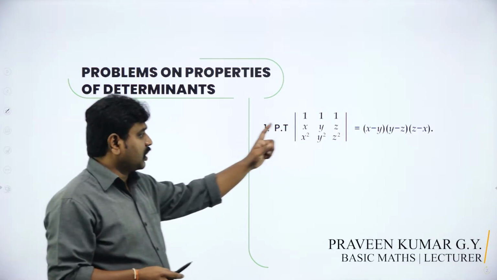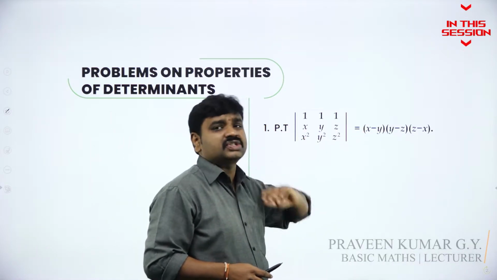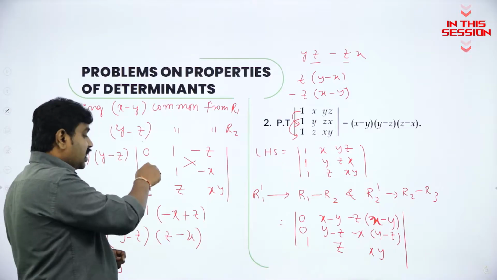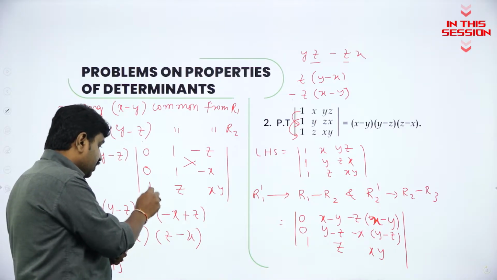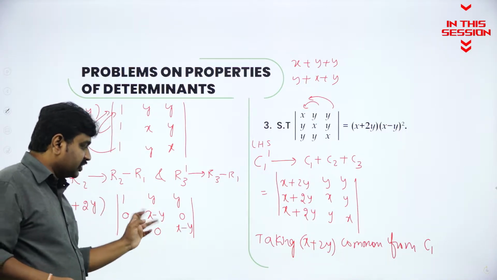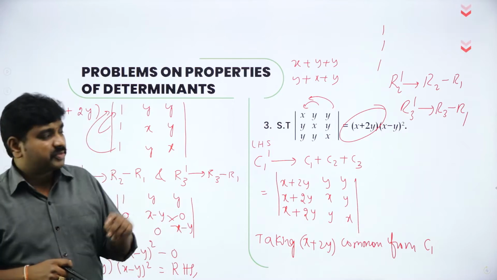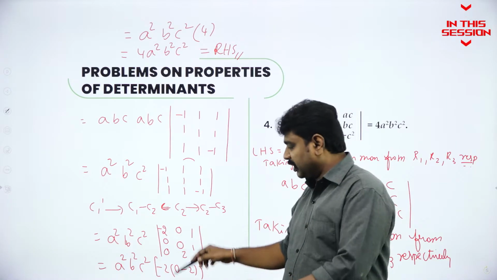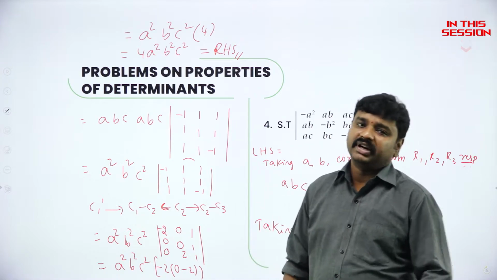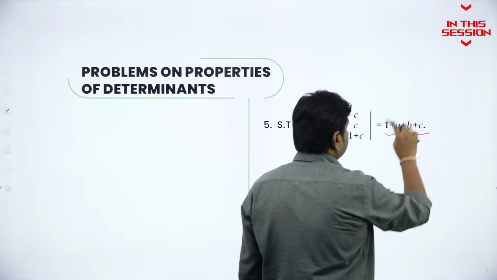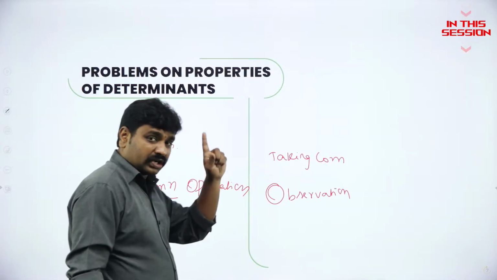Reduce according to RHS. In RHS we have x minus y. In order to use the properties, first we have to depend on RHS. So first column, all the elements are 0 except the last element. If the elements below the diagonal are all zeros, then the value of the determinant is the product of the diagonal. So first a column transformation, second a row transformation, third a column transformation, only one element will be left out. Expand it, you will get the answer faster and better. The process depends on RHS. In RHS you have 1 plus a plus b plus. If your observation skills are good, you can do these problems easily.